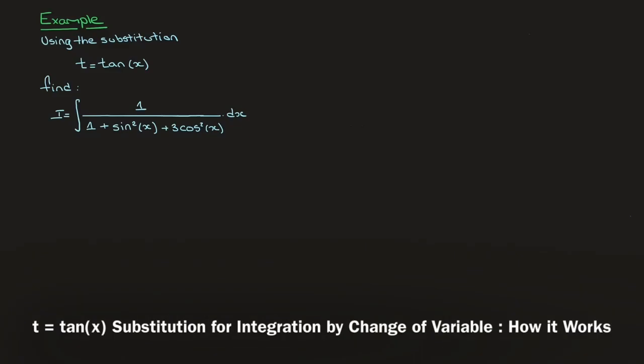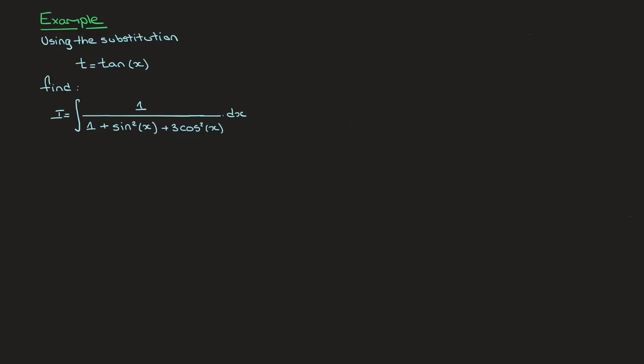Hi everyone, we now learn about the tan of x substitution for integration. That is, the method of substitution in which we change the variable from x to t, which in turn equals tan of x. And in just a minute, I'll work through the example that we have here. But let me start by pointing out that the substitution t equals tan of x should be used